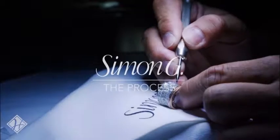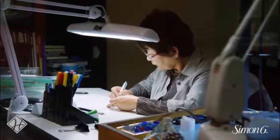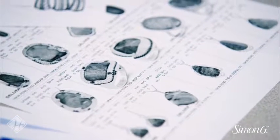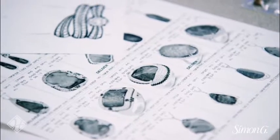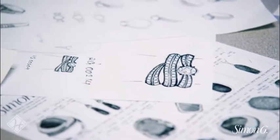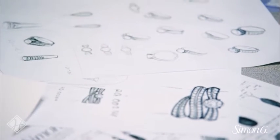When an engagement ring is born, it has a few different roads ahead of it. It's really important to us to build the ring correctly from the beginning, set the right foundation. It starts with you. Our clients actually influence many of our designs by sharing their ideas or inspirations. What our specialty is going to be is taking that feeling, taking that idea, taking that dream, and actually making